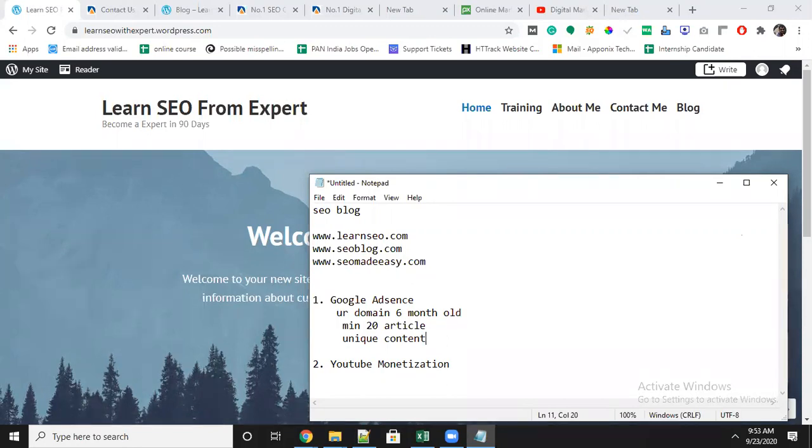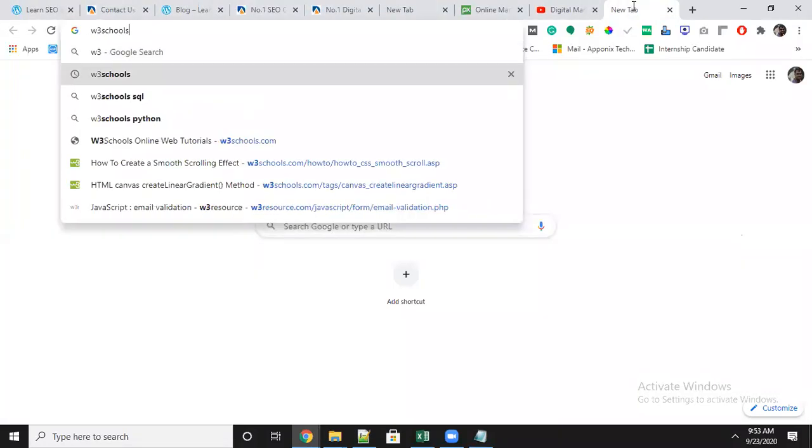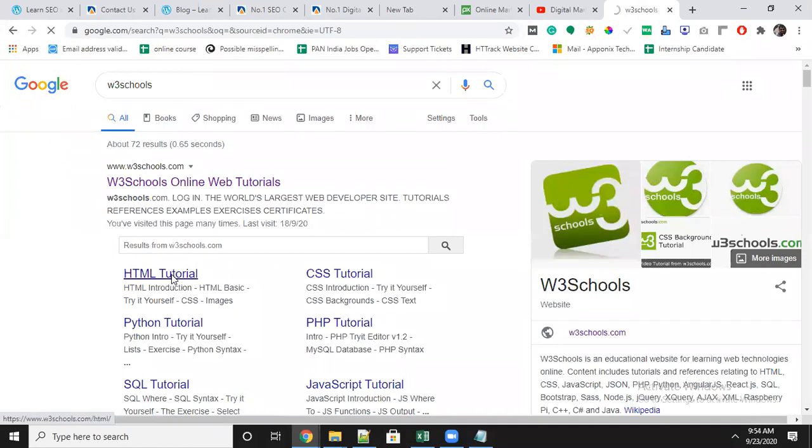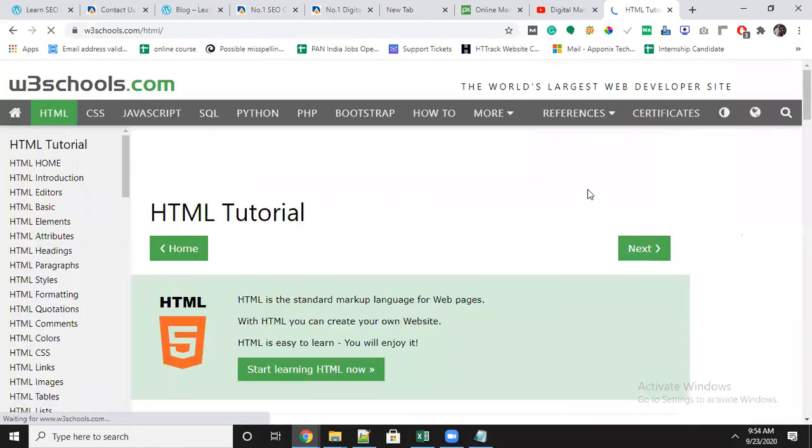It is better if you have your own domain. Even though it will support a subdomain also, if you have your own domain, it is much better. This is the way you can make money via Google AdSense. How does Google AdSense show? Let me show you one sample of how the ad will show on the website. I have blocked it here. I will enable it.